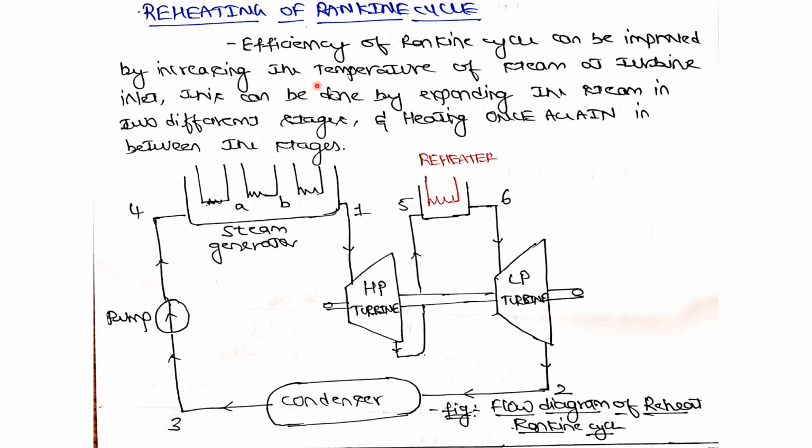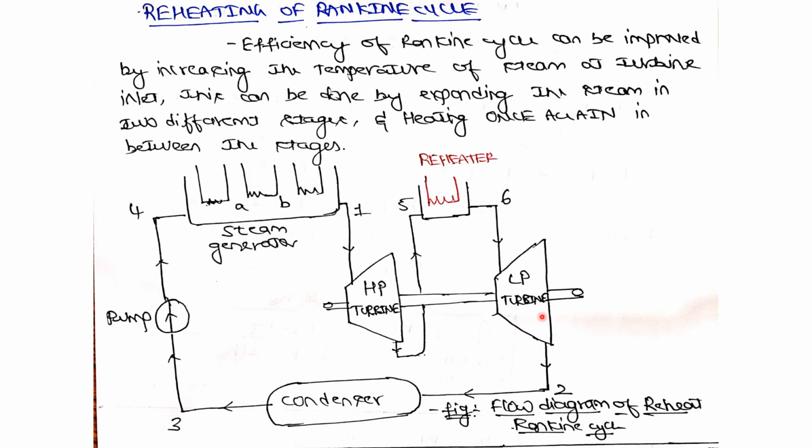Rankine cycle. Previously, in the case of reheating, we used to expand the steam in two different turbines, namely the HP turbine and the LP turbine. For the normal Rankine cycle, there was only one big turbine, the main turbine, where the steam expands from 1 to 2 directly, correct? Here we are expanding the steam from 1 to 5 and from 6 to 2. To be precise, 1 to 5 in the HP turbine and 6 to 2 in the LP turbine.